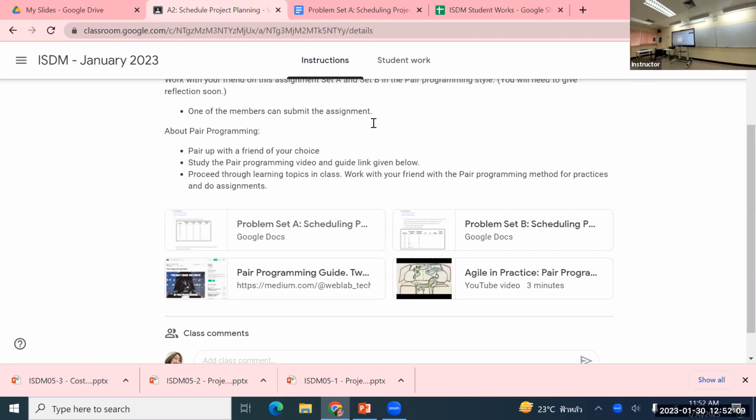And the task in this case means not programming. They use pair programming in the real programming coding, but you're not going to do any coding. You just use pair programming technique to do these assignments. Okay, so one person will be a driver, another person will be a navigator in this assignment, set A and set B. It can be that for question number 1,